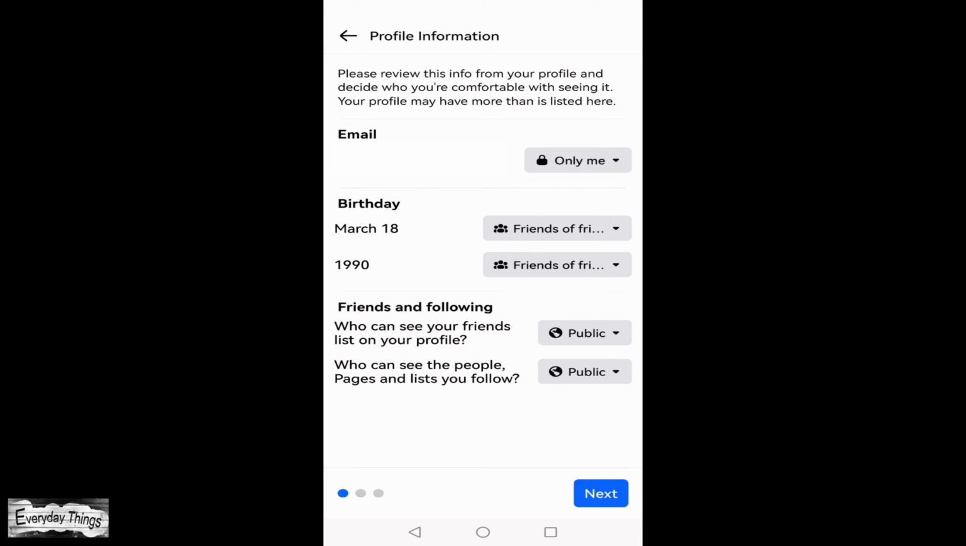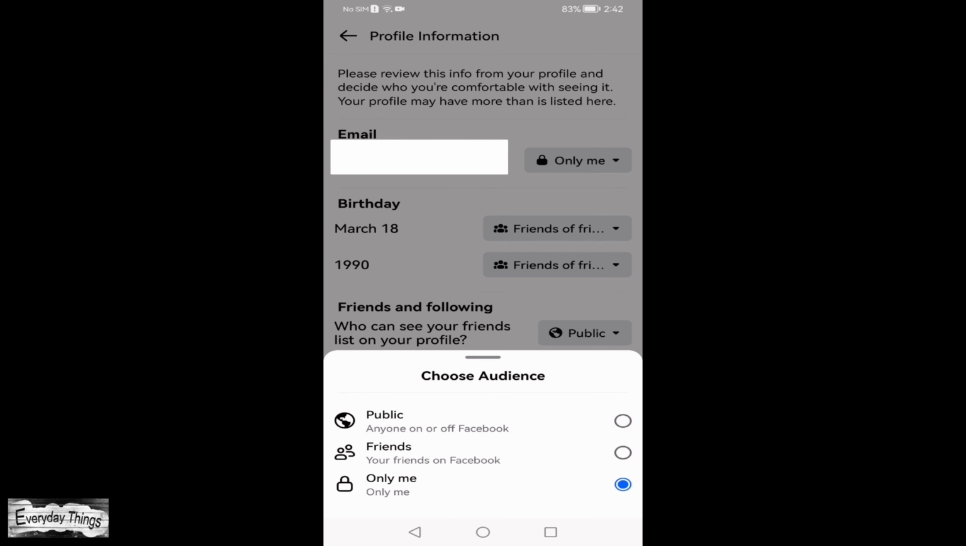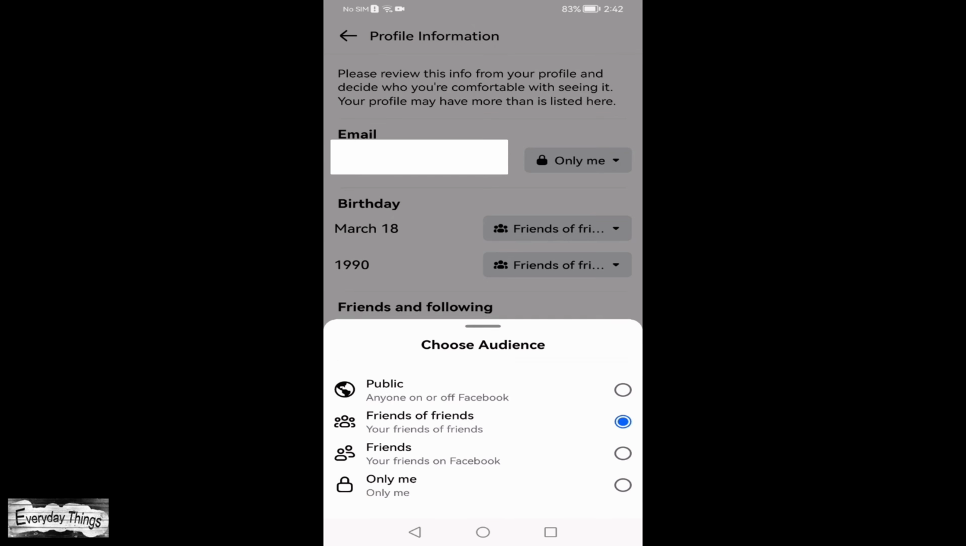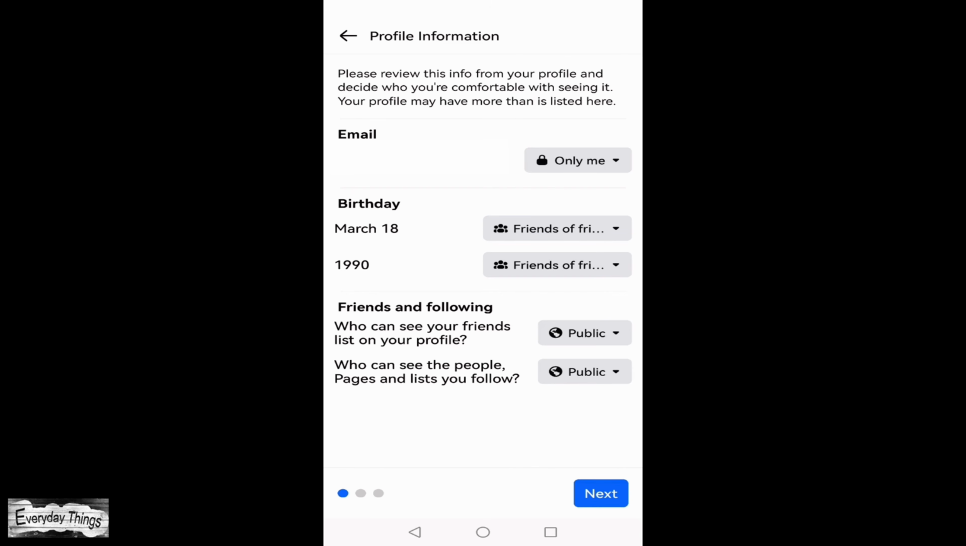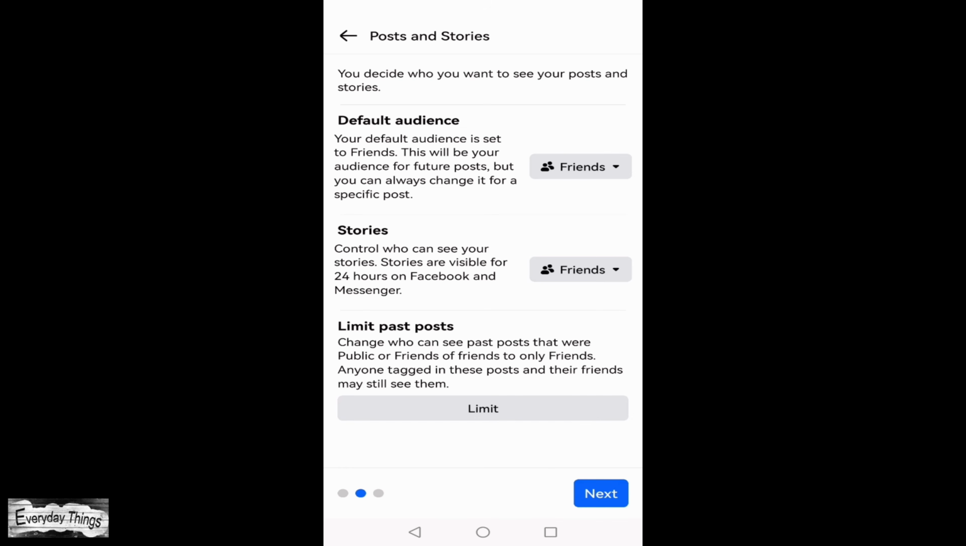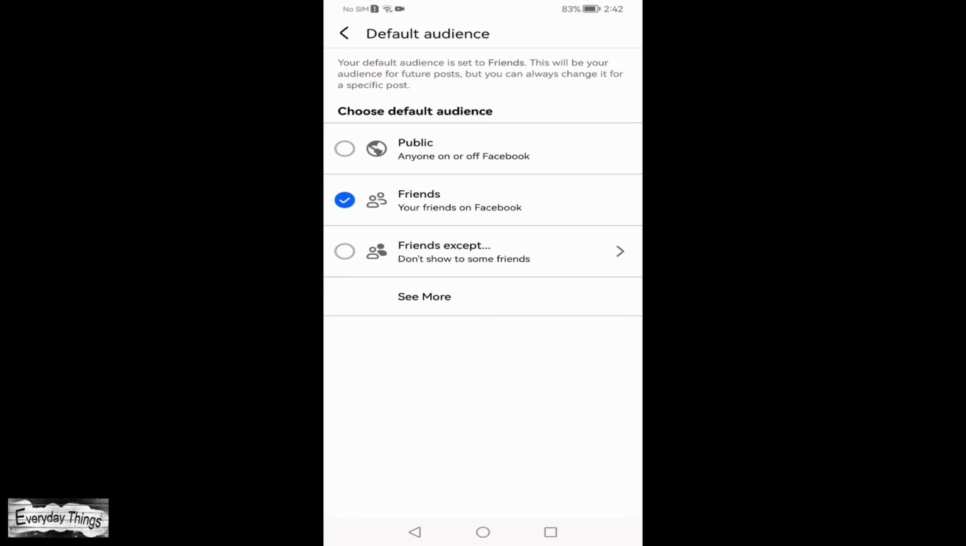Then, you can adjust each option separately to make them private or public, including your email, birthday, relationship status, friends list, and more. Once you've selected your preferences, go to the next step, where you can set the default audience, adjust your stories,